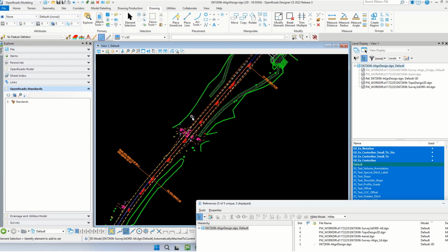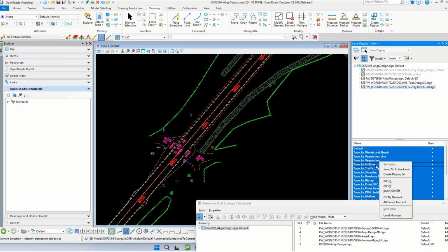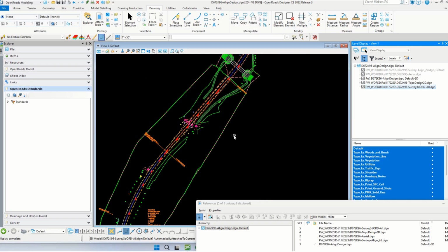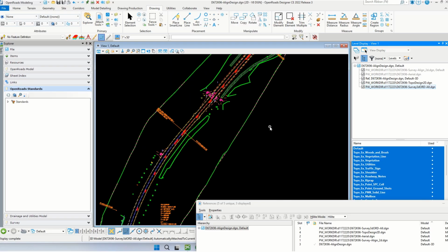Okay, it looks like maybe not all the levels were turned on, so I'm over here in the level dialog. I'm going to select that file, turn on all the levels, so it brings up the boundary of